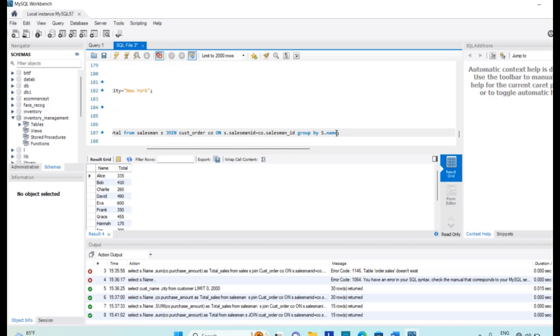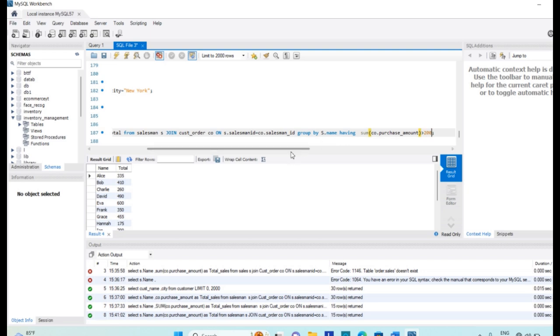After group by s dot name we will simply write having sum of CO dot purchase amount greater than 200.